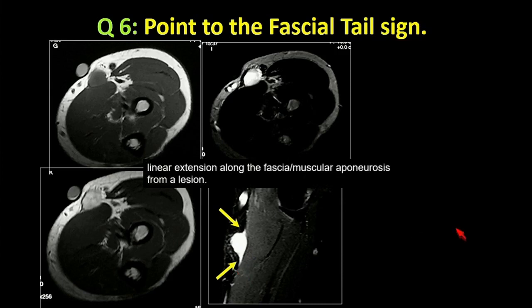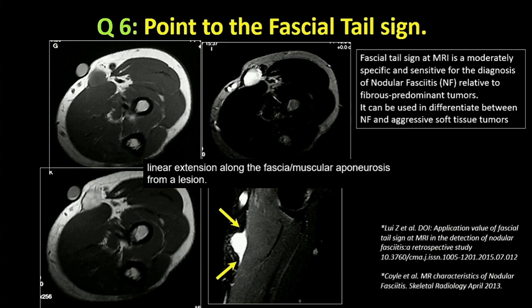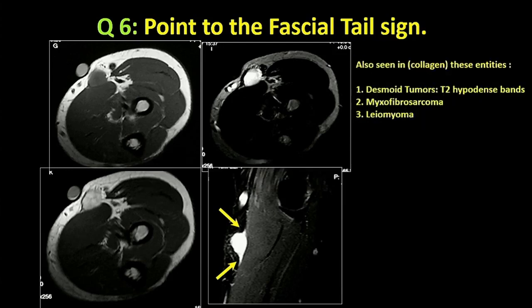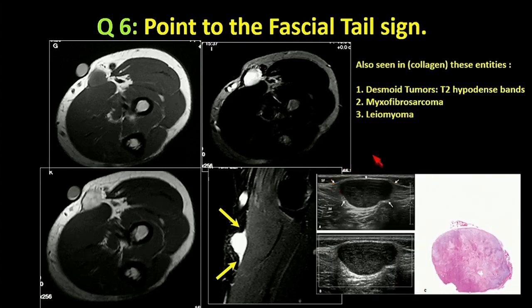And there's several entities that can have this particular fascial sign that goes along the aponeurosis. And it's moderately specific and sensitive for the diagnosis of nodular fasciitis in this particular location. And it's relative to fibrous predominant tumors. It can also be seen in desmoid tumors with T2 hypodense bands, myxofibrosarcoma, and leiomyoma. And we can see here on an ultrasound that fascial plane extending with the lesion seen here and this fibrous